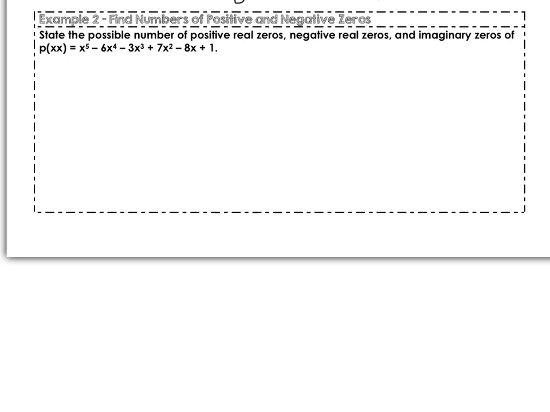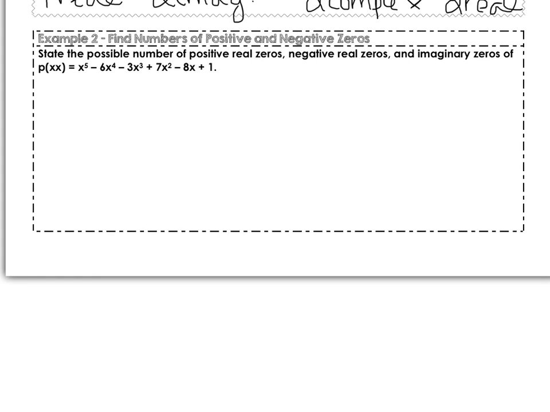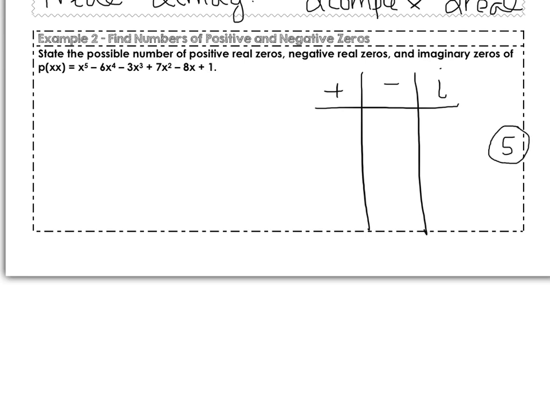So to determine these, I like to use a chart, okay? So I'm going to use my positive, my negative, and then my imaginary chart. Because the total number of zeros that I should produce here is 5, because it's a 5th degree polynomial. So we're starting here at x to the 5th, and it is a positive